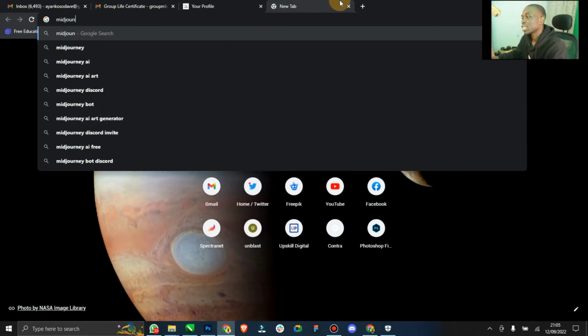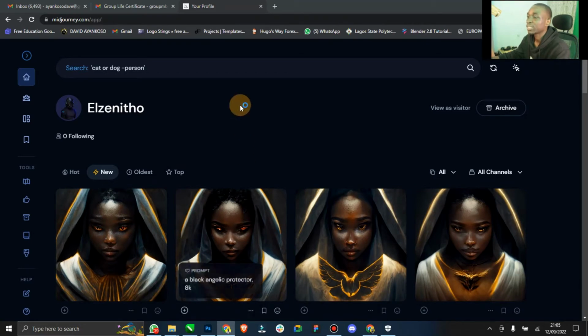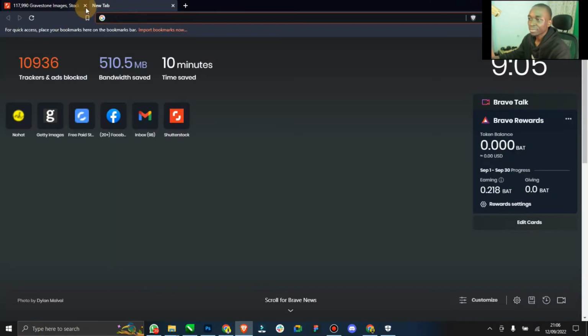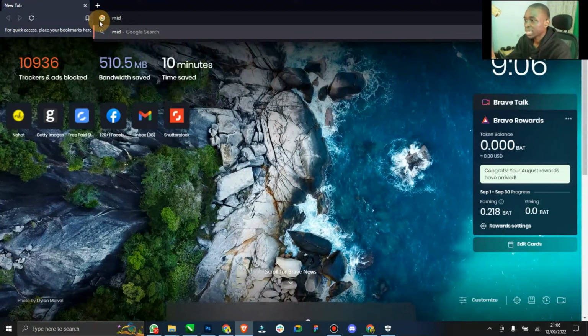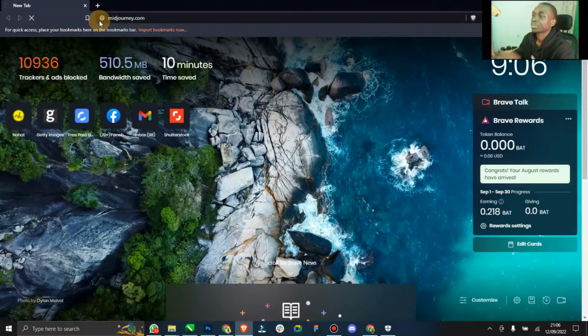Actually, let's use another browser totally, so I can explain it for someone that has not opened it before. So, midjourney.com. When it comes up,